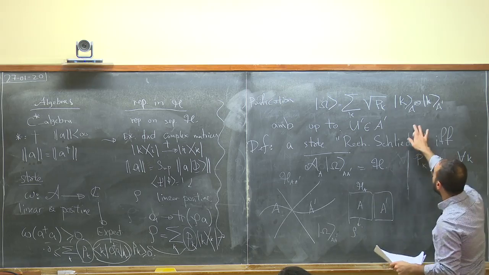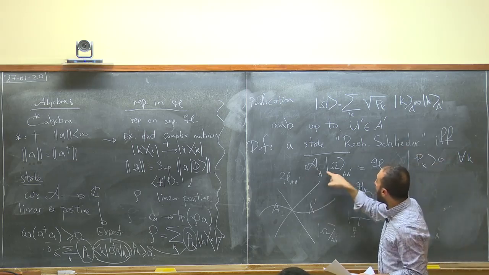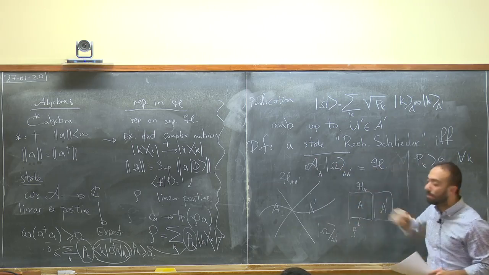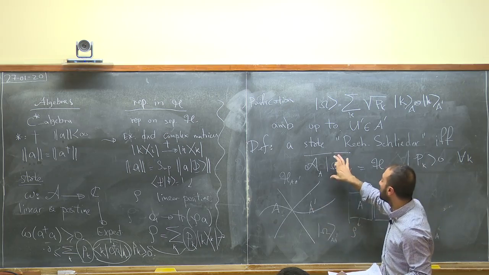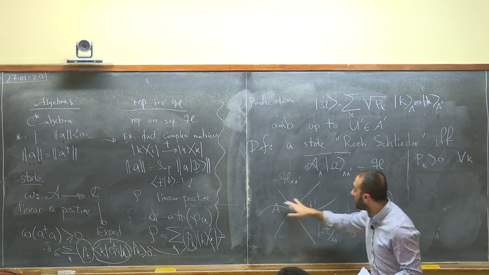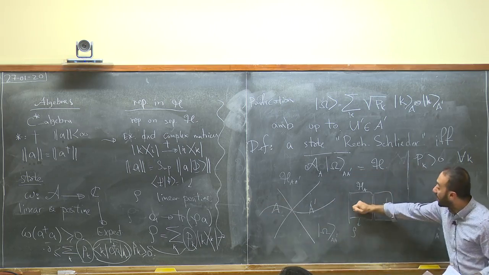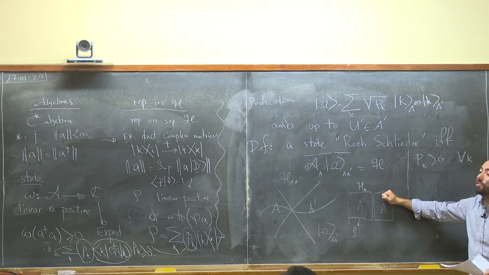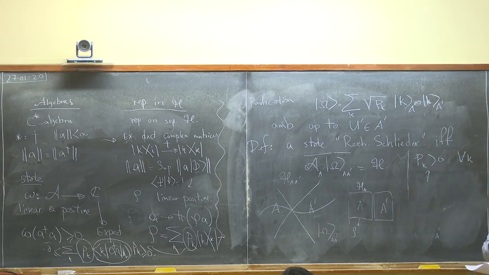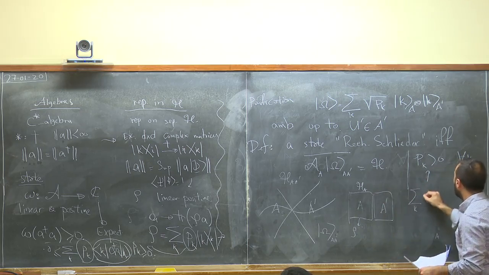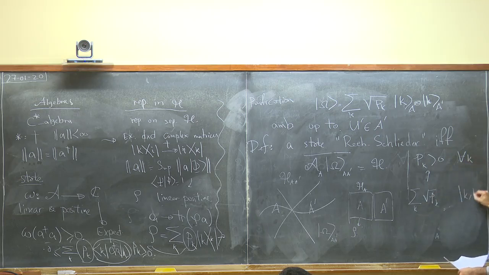Okay, so now here, I said A of A acting on the vacuum, the closure of it is dense in the Hilbert space. What does it mean? It means that if I take, I shouldn't have said vacuum, a Reeh-Schlieder state here or here, by acting only on this side, I can generate arbitrary excitations on this side. How can I arrange for such a thing? This is the way to arrange for it. If I take a state like this, by acting with arbitrary operators here, I have access to excitations on A prime